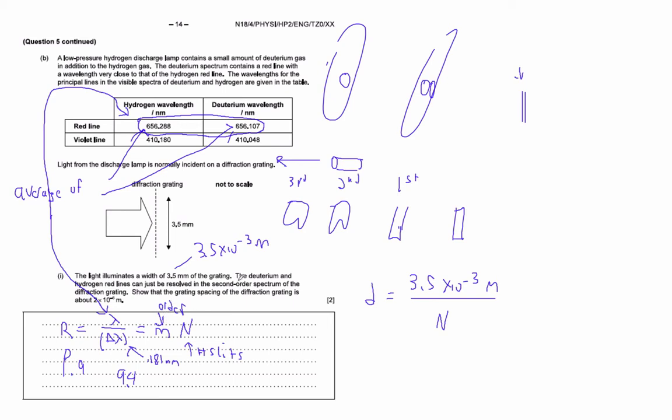They say it's the second order spectrum, so put a 2 in for that. And when you solve for the slits, you'll get something approximately equal to 1,812.7 slits or something like that. So you'll get roughly that many slits. Put that number down here. So it's on the order of about 1,800 slits, but it was a little more precise. Put that number in there, and you'll get that the spacing, I got like 1.93 times 10 to the minus 6th,